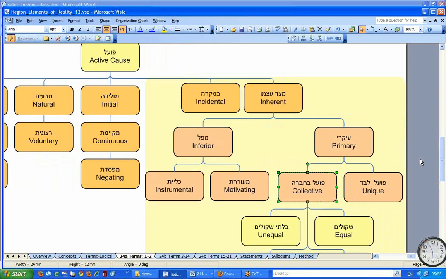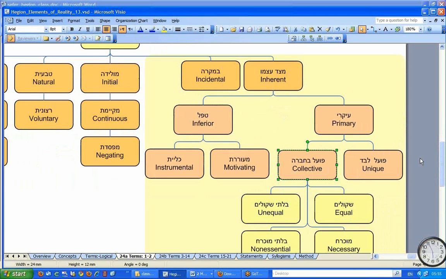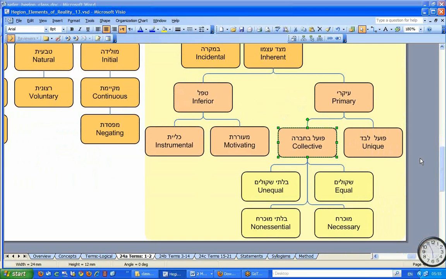That's called Pol Bechevra, right? There are two people who created the Nezek, and they were the Siba Molida, right? They gave birth to the damage. So two people gave birth to this damage.